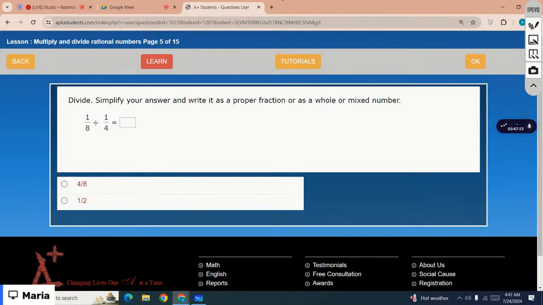One over 8 divided by 1 over 4. So which is the correct option? The correct option is